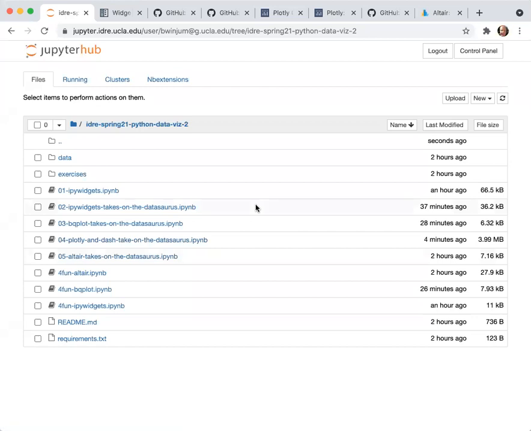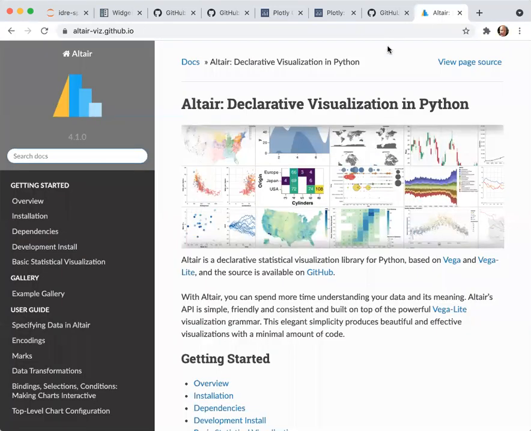So I'm going to talk about one final library here, which is Altair. Altair, I think, is mainly targeted towards statistical visualizations.